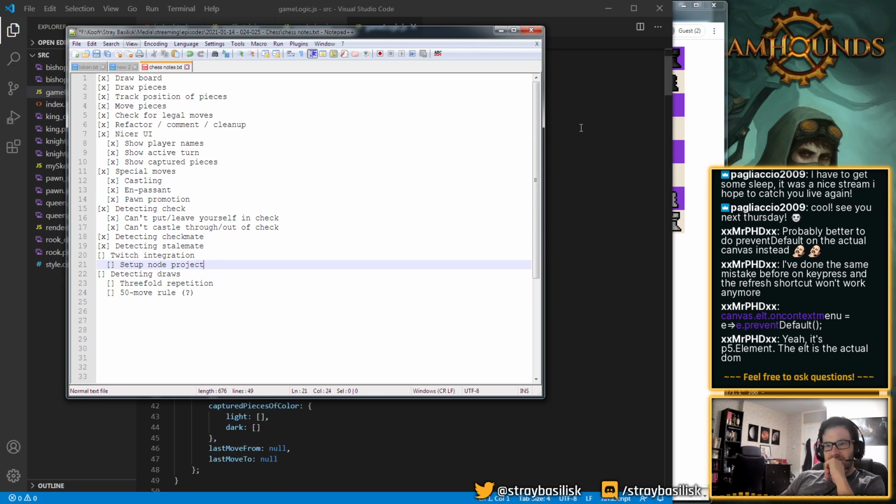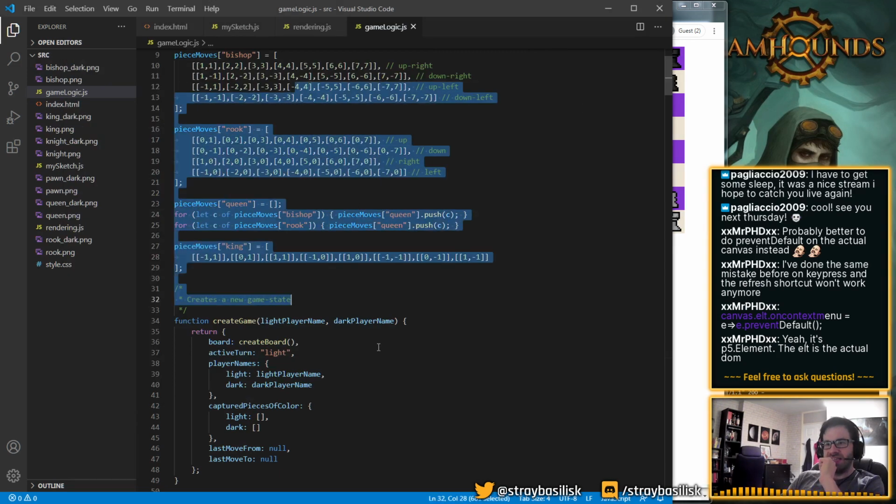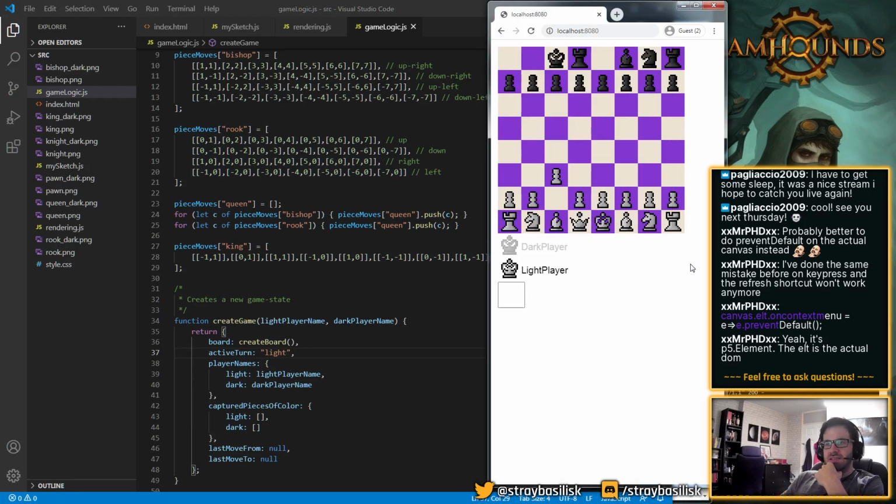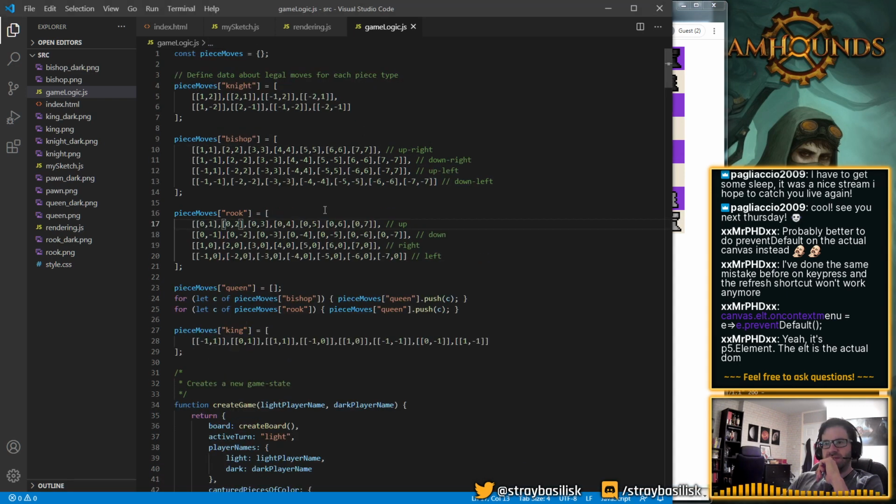My idea is that this whole game logic and game state is going to be moved into the back end. It will probably open a WebSocket between the front end and the back end, and whenever a move's made, it's just going to broadcast the entire game state to the front end. So all of this will go into the back end.